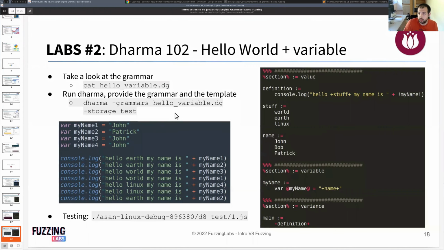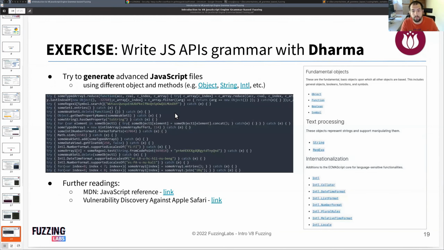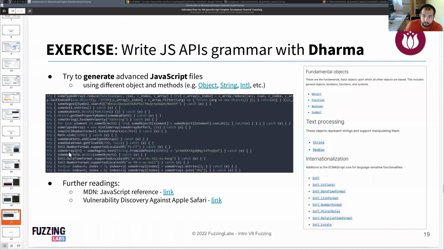So if we don't have any questions, typically one exercise you can do, and that's what I will do with you quickly for the live demo for this workshop, is basically to generate some file. Our goal will be to generate some advanced JavaScript file like this one, for example. This one comes from this blog post that was created by Amy from Red2 system. And in their case, they found some ODay on Safari, and they got their own version of